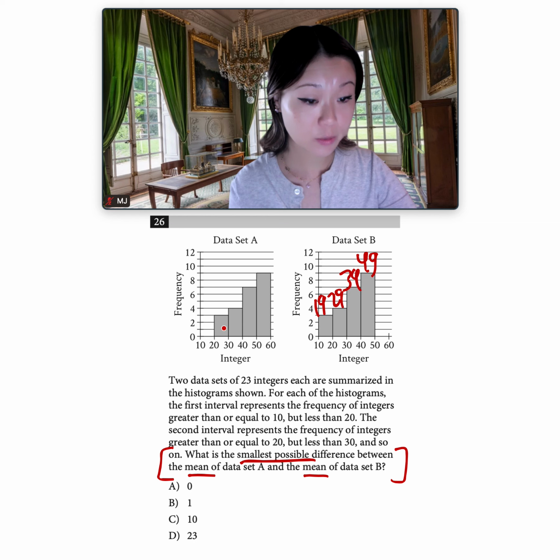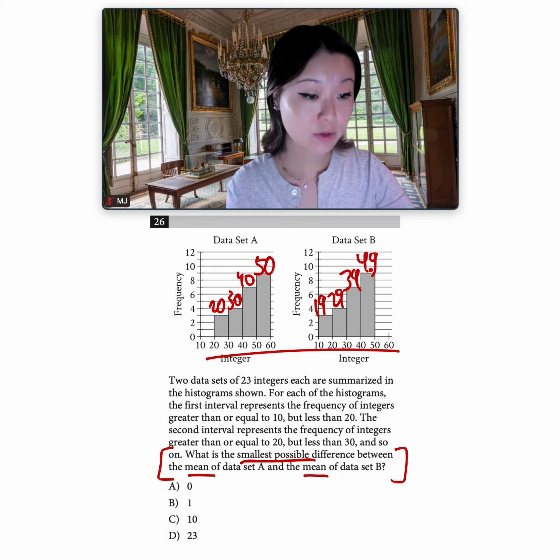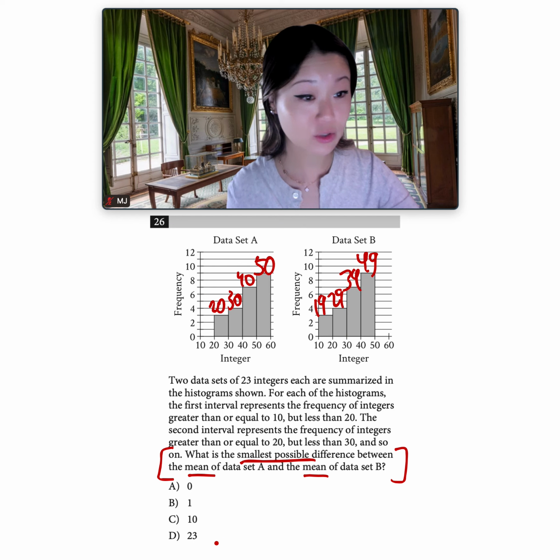And then over here, we want these to be as small as possible. So this one could be 20, this one could be 30, this one could be 40, and this one could be 50. So now, if you look closely at what these data sets end up being, they're only off by 1. And so their means are just going to be off by 1 as